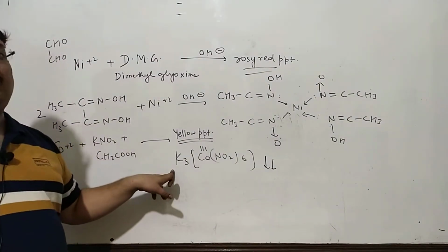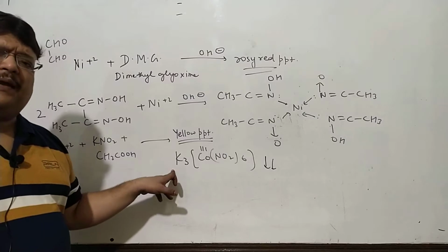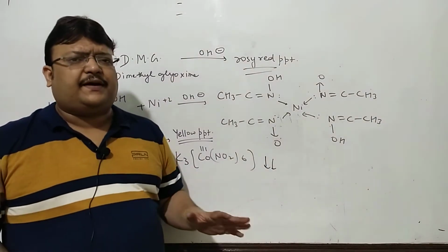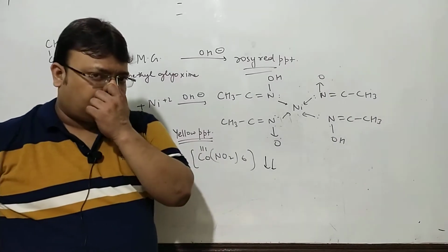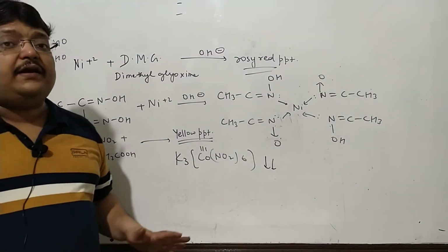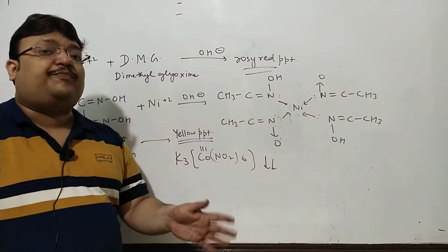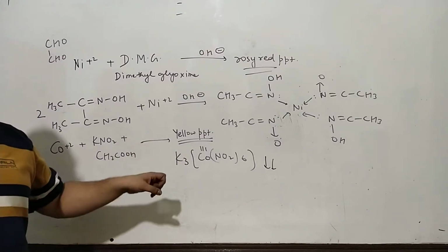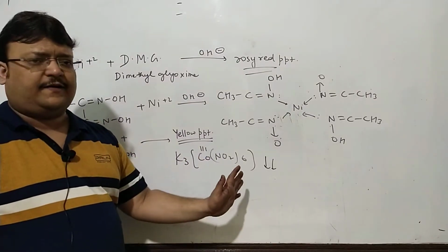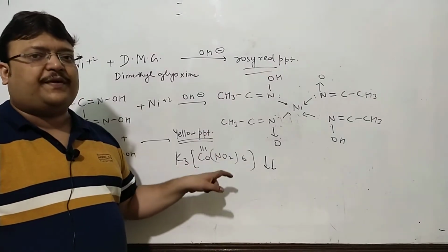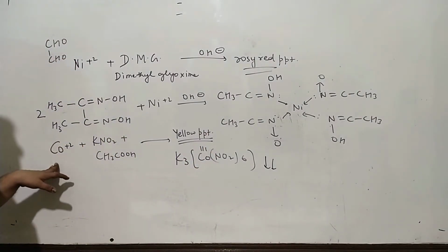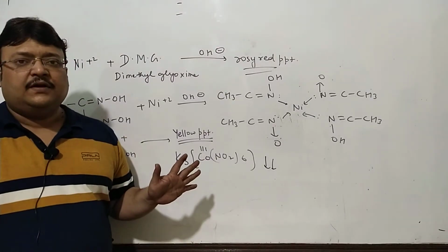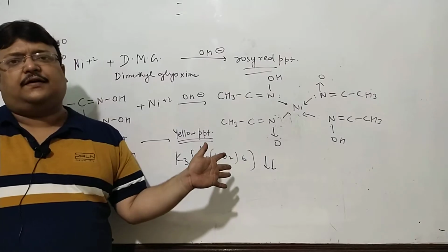It's a potassium salt. I would have told you so many times, sodium, potassium, ammonium salts, group 1 compounds are never precipitates. Alkali metals do not give precipitates. It's very unlikely that you will see any other precipitate of potassium. So a precipitate of potassium is very, very rare. This is one of them, potassium cobaltinitrite. And potassium cobaltinitrite, yellow precipitate, by adding cobalt with KNO2 and acetic acid, is a confirmatory test of cobalt as well. So this is what we wanted to know in group 4.